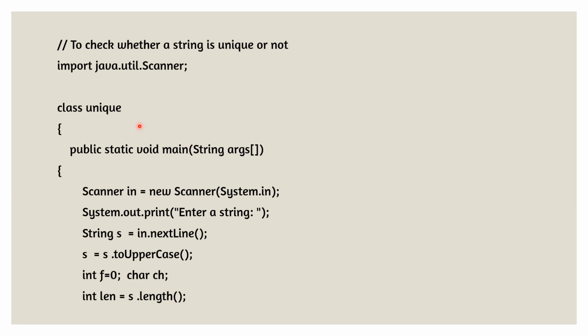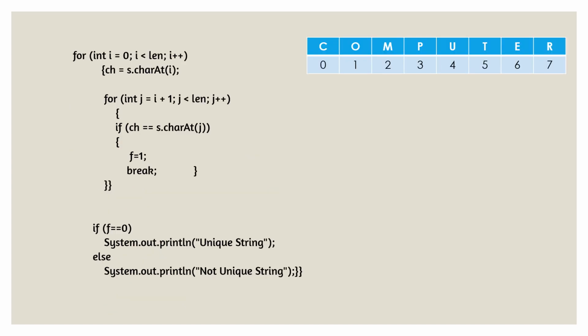So start the program, declare the public static class name and scanner class, then enter the string, give the message and accept or store the word or sentence in the variable s. Here scanner in I have taken. If you want, you can take the same line and convert into uppercase, so that only one case we have to check. Int f is equal to 0 if it is a unique string. We will discuss the logic later. If it is a unique string, f will remain 0, and if it is not unique in the program, f will change to 1. We can see how it is working. And then find the length of the string and store in the variable length. So we can discuss the logic first and then start the program.